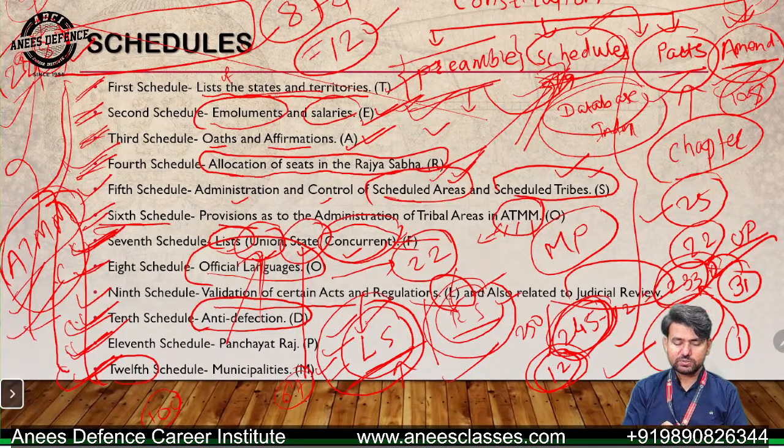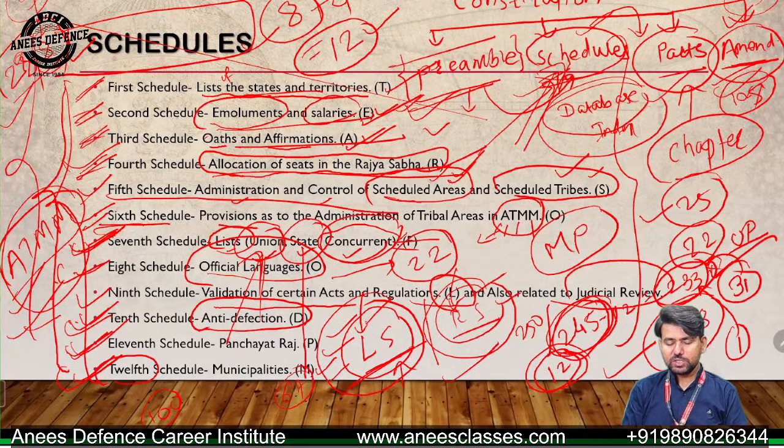फर्स्ट शेड्यूल लिस्ट ऑफ स्टेट्स एंड यूनियन टेरिटरीज। Second schedule, emoluments and salaries. Third schedule, oaths and affirmation. Fourth schedule, allocation of seats. अभी इस पर क्वेश्चन देखा हमने। फिफ्थ शेड्यूल, शेड्यूल एरियाज एंड शेड्यूल ट्राइब्स की बात करता है। सिक्स शेड्यूल, ट्राइबल एरियाज इन नॉर्थ ईस्ट की बात करता है। सेवन शेड्यूल लिस्ट की बात करता है। एट शेड्यूल ऑफिशियल लैंग्वेजेस की।